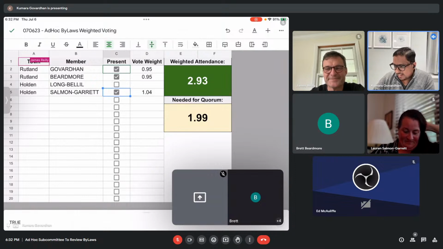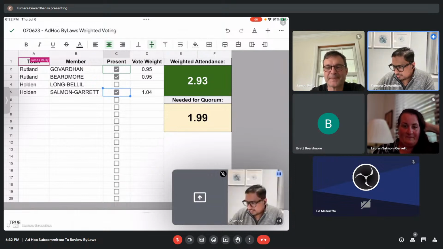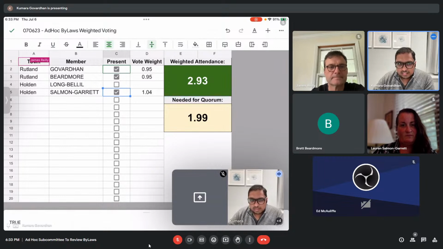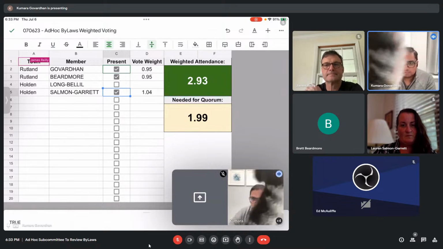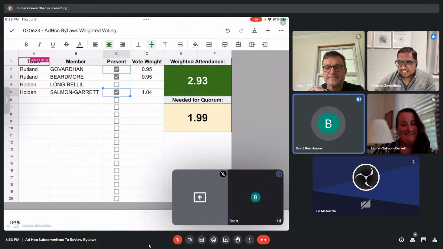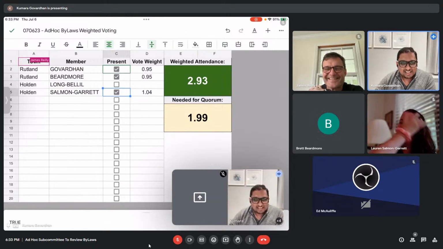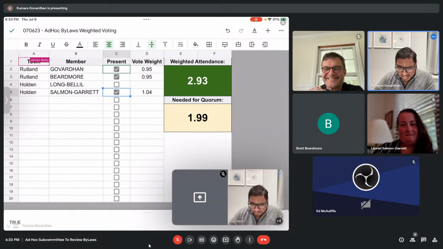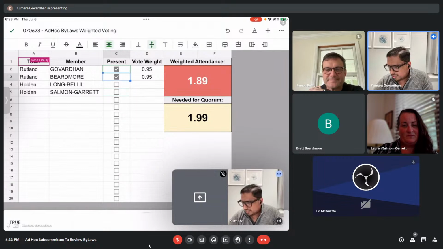All right, so we can go ahead and get started. If Linda joins us, that'd be great. If not, according to our spreadsheet here, we're at quorum. So with our new weighted voting, please don't mind the cat that walks by here and there. There's two of them. And so real quick, here is our new ad hoc group for this upcoming year.